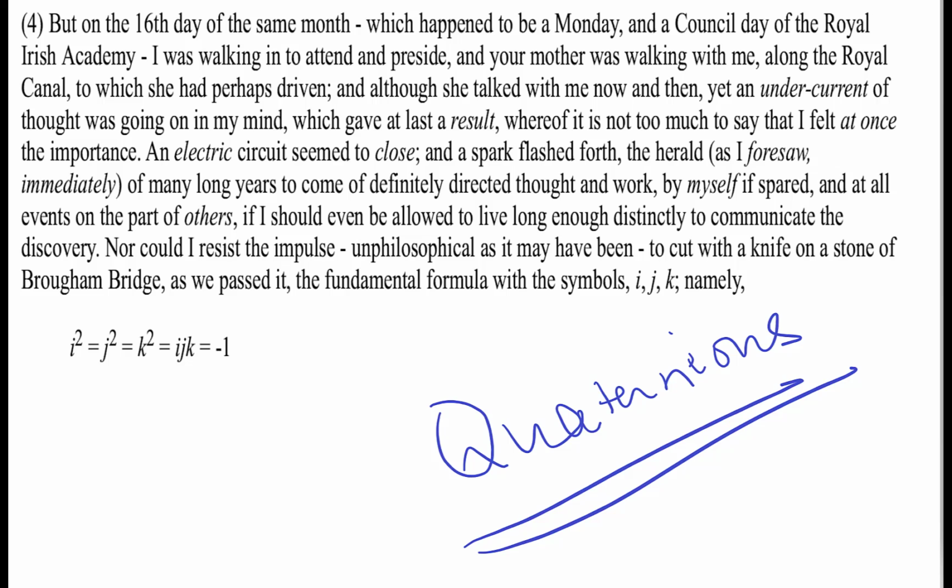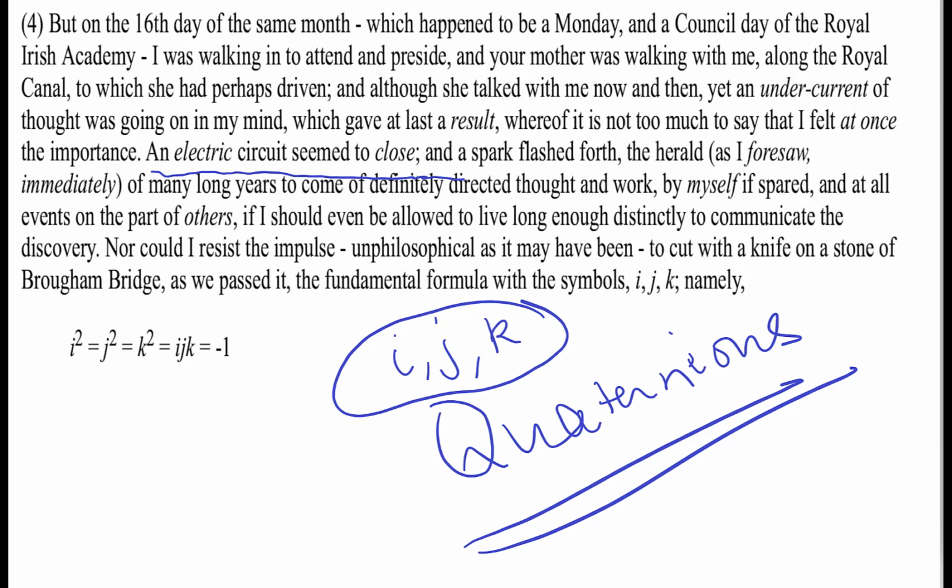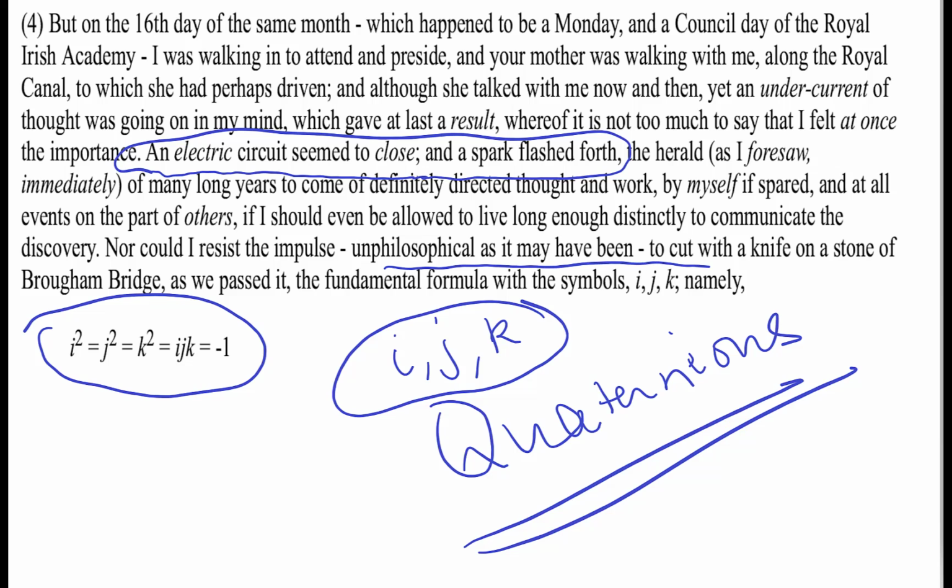The way an operation in his mind came about, it'll be interesting to read the letter on your own. He was walking on the bridge with his wife, and when this occurred to him, he just engraved this multiplication with a knife on the bridge. Okay, so let's see the group that we can